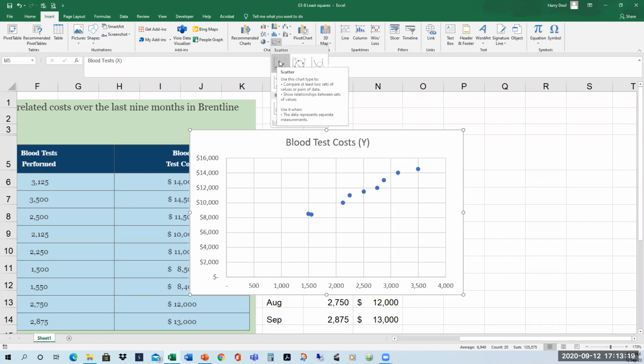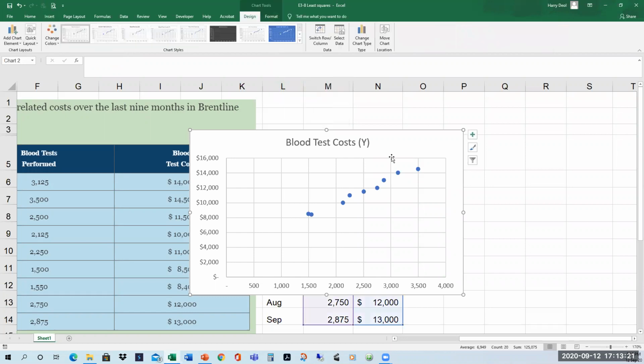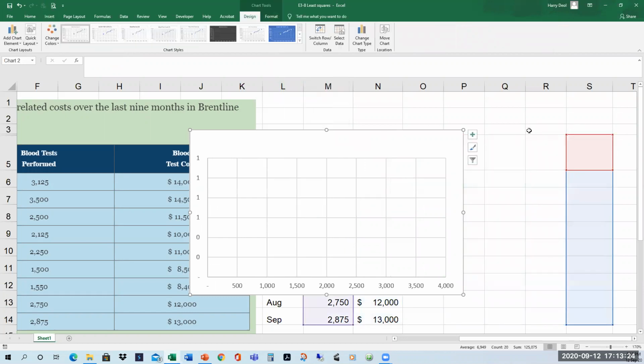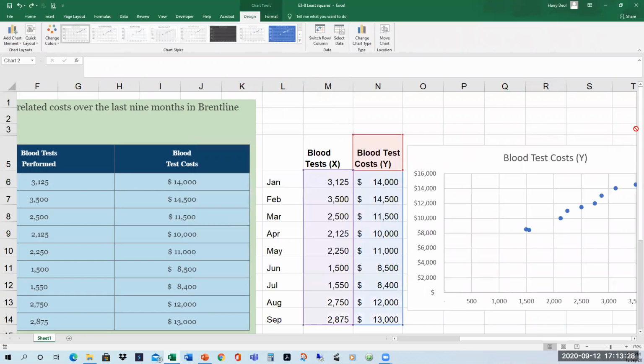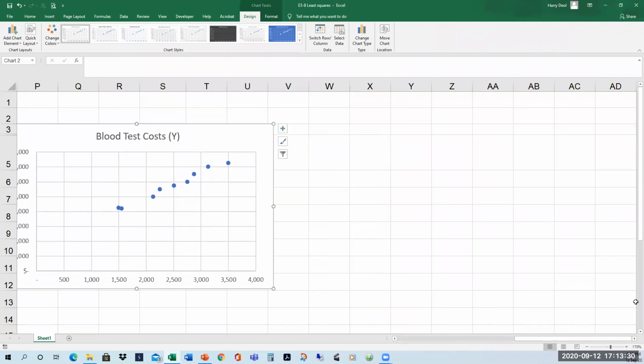So the first chart is the scatter plot. So this chart, and if I could just move the chart a little bit to the right,